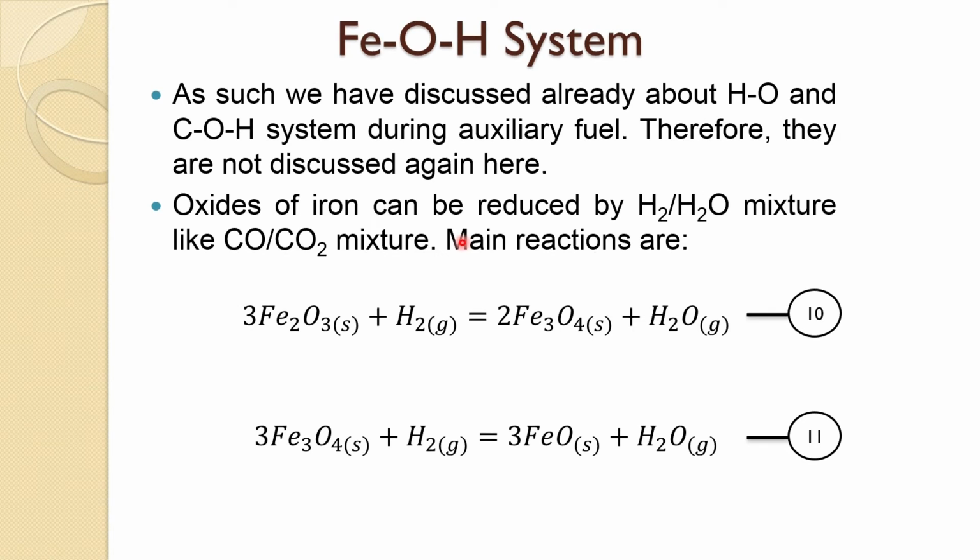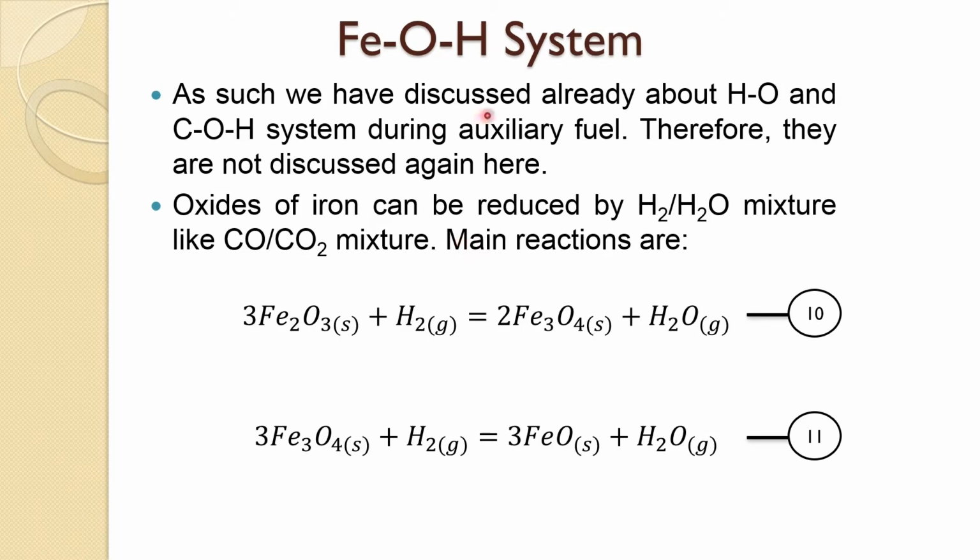Now, we come next to the iron oxygen hydrogen system. As you know, in the blast air, sometimes you put moisture, and you would be aware that hydrogen has more reducing power than carbon, and so many times to increase the reducing power of the gas you use hydrogen, either through oil or sometimes by putting some moisture or water, as we have already discussed in the previous lectures. So, iron oxygen hydrogen is also an important system,